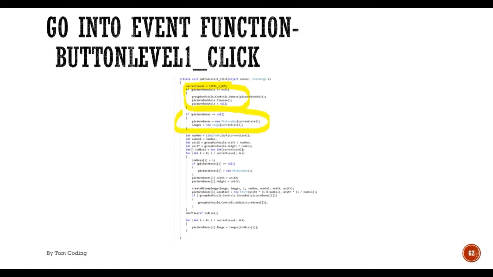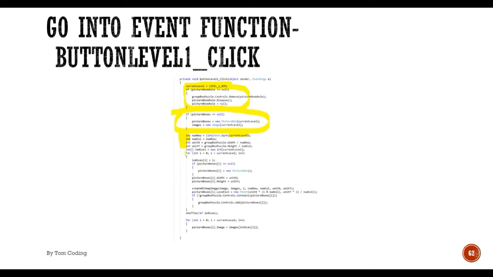This one is going to create the picture box array and the image array. Then based on the current level, for example this one is 4, we use the 4 to get the number of row and number of column. So for this demonstration, the number of row and number of column are always the same. Then we get the size from the width and height,